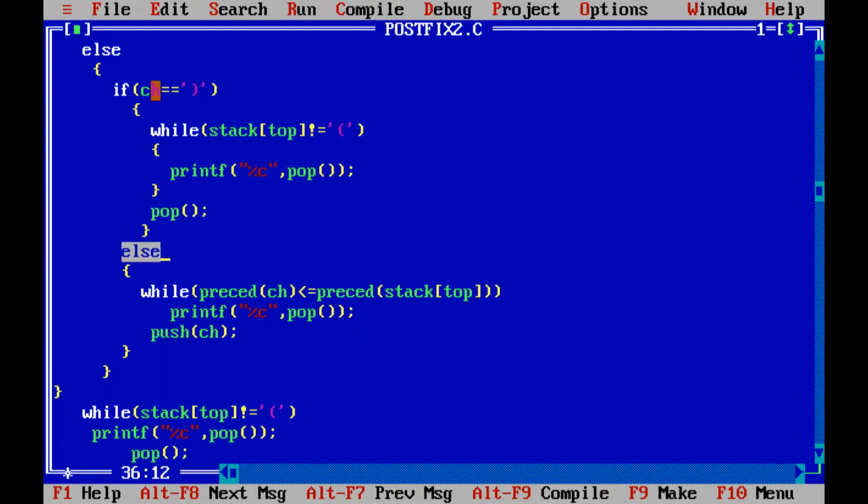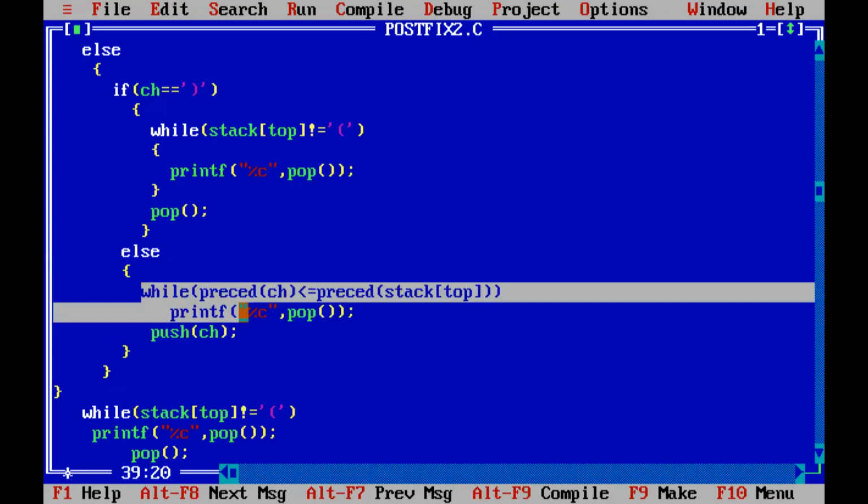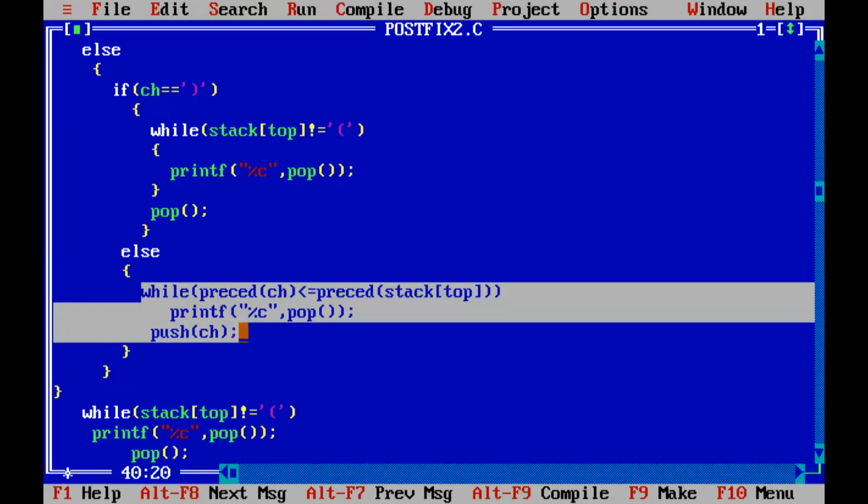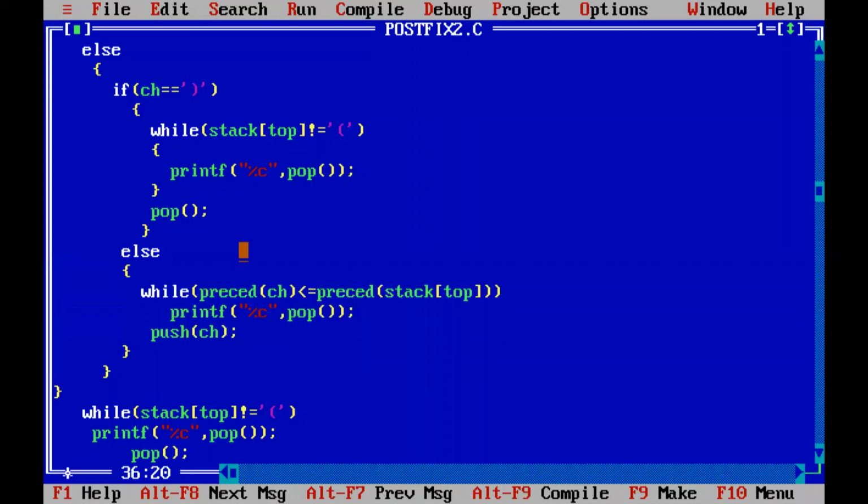In the else part, if it is not a right parenthesis, what else is remaining? It will be an operator. You know, when we scan an operator, what should we do? We should be checking the precedence of the operators on top of the stack, right? So the incoming operator is in the character called ch.